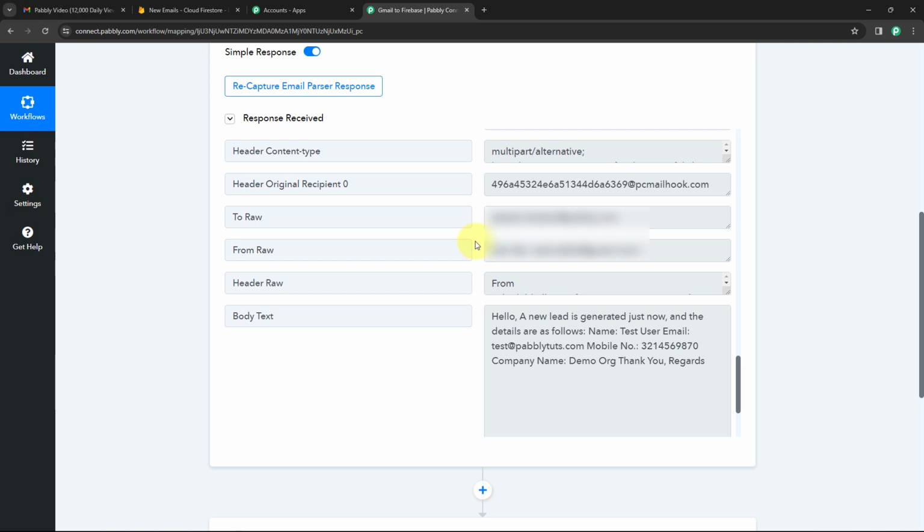Now let's move to step 2. In step 2, we have to extract the details from this email. From this email body, I want to extract the name of the lead, the email address of the lead, and after that, the mobile number and the company name as well. Now, we are just taking an example of these details, but by following the same process which we are going to show you in this video, you can extract any kind of data, any kind of content